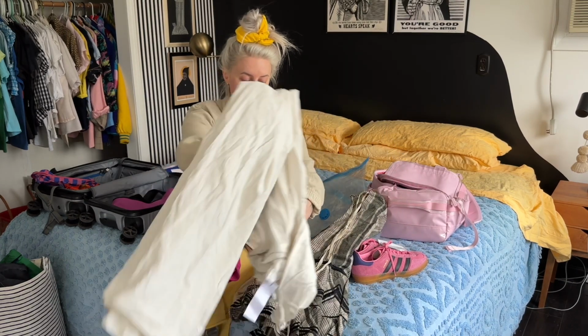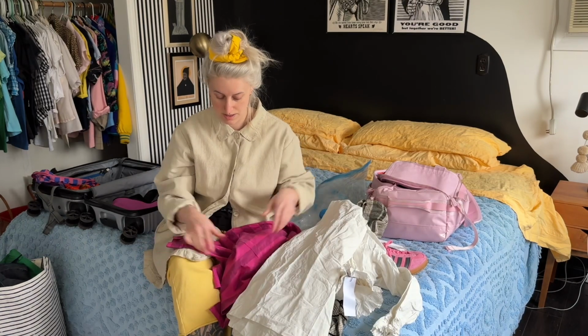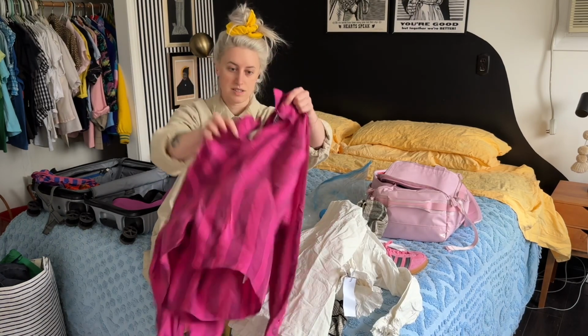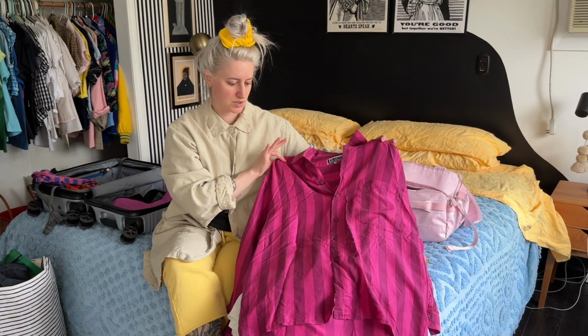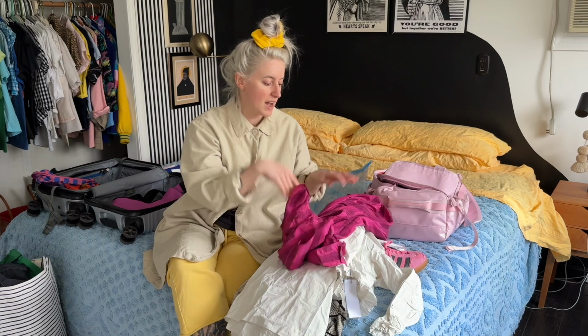So I bought those two things and this vintage silk striped shirt from the 90s, not quite as old as those two things. And then I bought a bunch of sunscreen and skincare, plus some souvenirs for friends, and a little bit of artwork. And so what Carly and I did is we brought one large checked bag between us both,